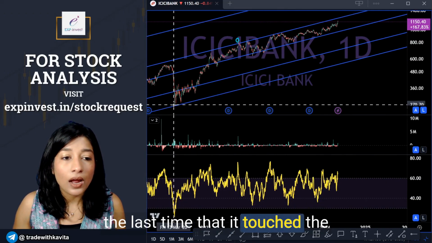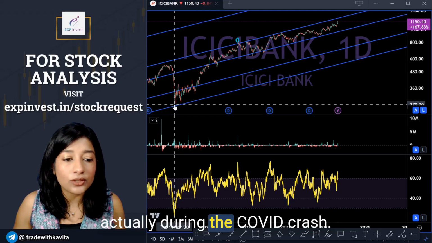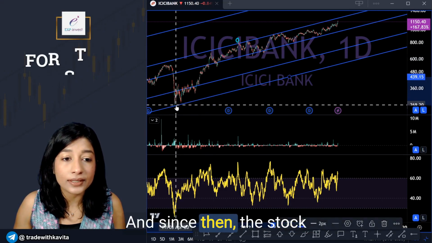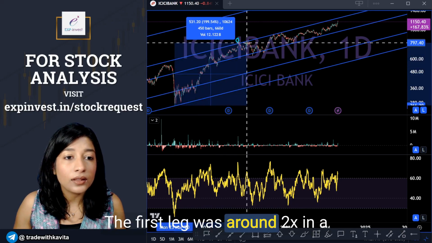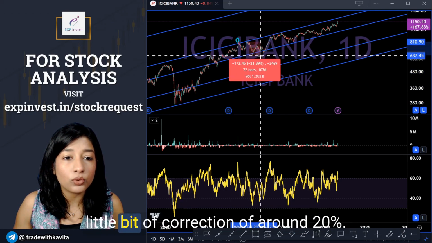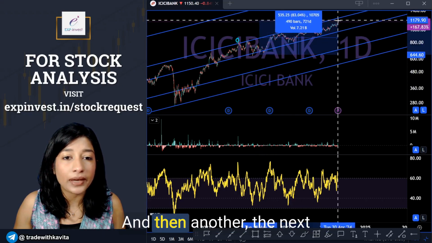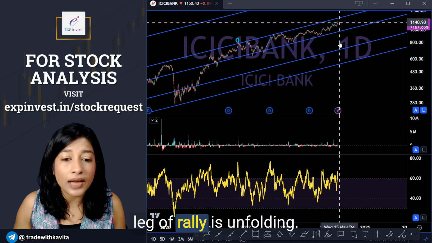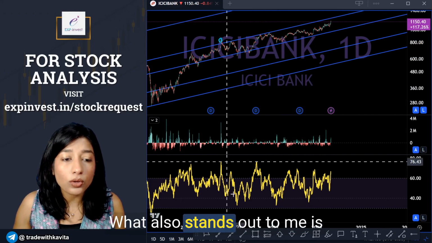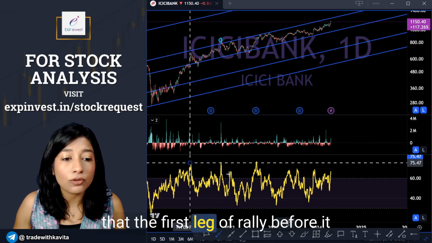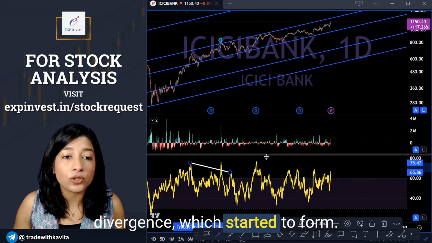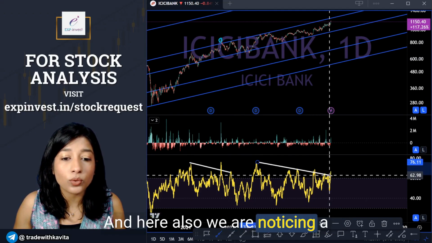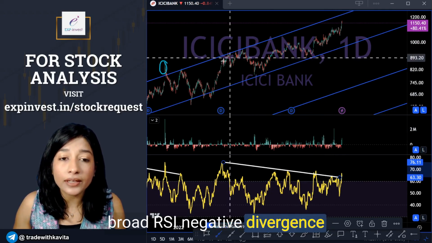And the last time that it touched the level of 30 or breached it was actually during the COVID crash. And since then, the stock has given a pretty good rally. The first leg was around 2x in a matter of around 2 years, then a little bit of correction of around 20%. And then the next leg of rally is unfolding. What also stands out to me is that the first leg of rally before it corrected, there was an RSI negative divergence which started to form, and here also we are noticing broad RSI negative divergence unfolding on the stock